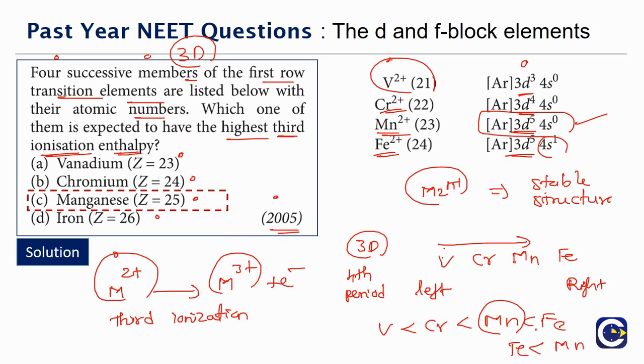So whenever they are asking questions on comparison of the first ionization enthalpy, second ionization enthalpy, third ionization enthalpy, we have to look for the abnormality structure. Otherwise, in any period, left to right when we move, the ionization enthalpy values are going to be increasing. But we have to look for the abnormality. Like even in the case of half filled p, remember the nitrogen ionization enthalpy will be more than oxygen. Why? Because nitrogen has got a half filled p structure, p3 structure, extra stable.